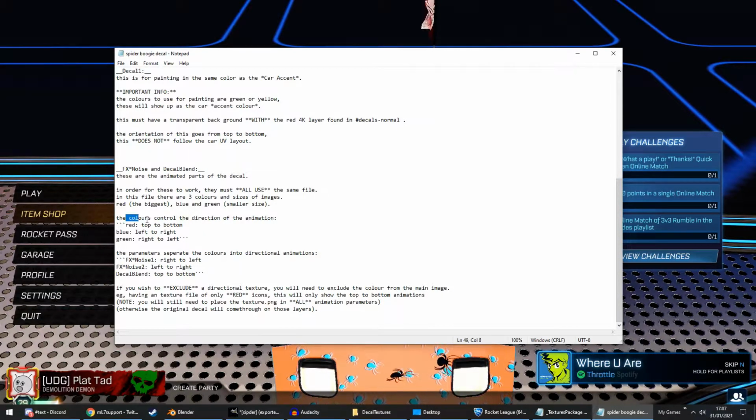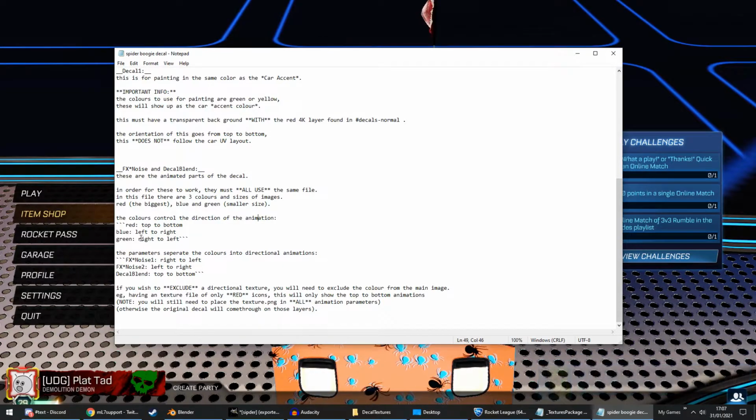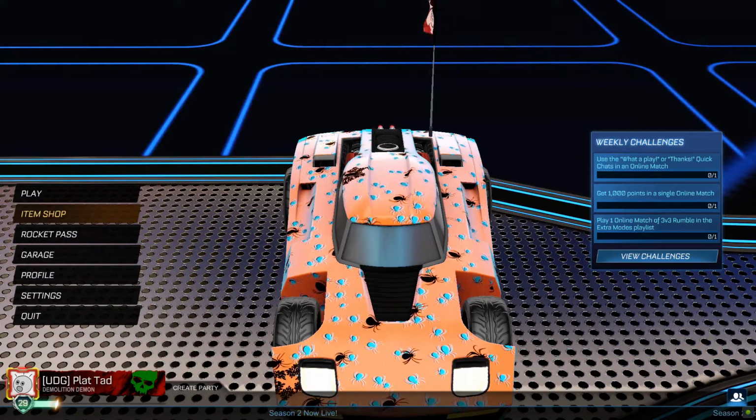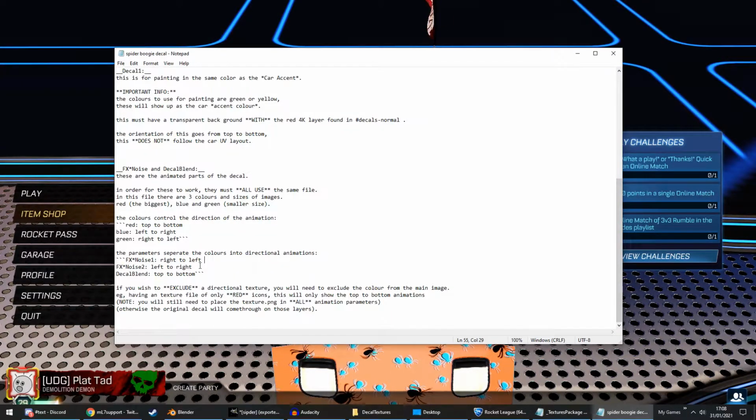The colors which control the directions of the animation: red equals top to bottom, blue left to right, and green right to left. And the parameters that separate the colors are effects noise 1 is right to left, effects noise 2 is left to right, and decal blend is top to bottom. So this decal here only has a right to left snowflake. Right to left is green,